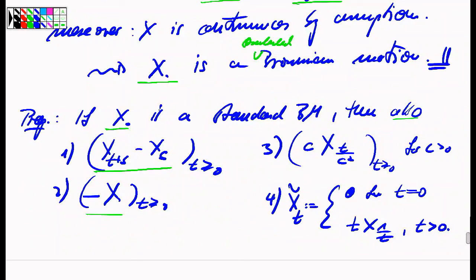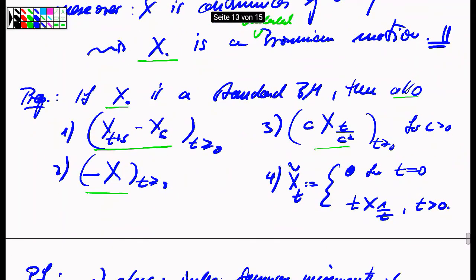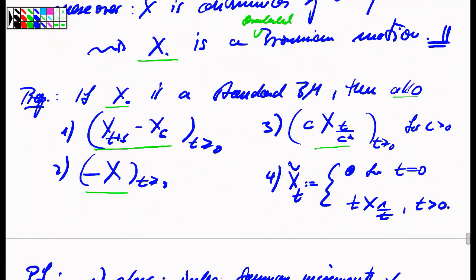Second, the negative of a Brownian motion is also a Brownian motion. Third, the diffusive scaling of a Brownian motion by a constant c is also a Brownian motion, which means that you multiply the Brownian motion by c and evaluate this at time t over c squared. Then this is also a Brownian motion. And finally, an interesting construction is that you